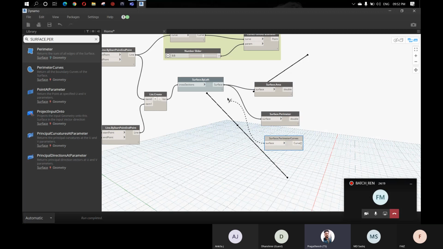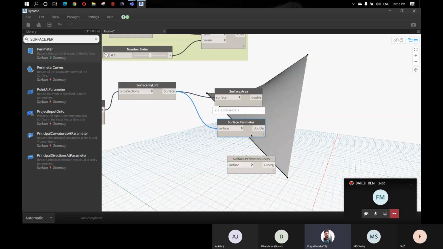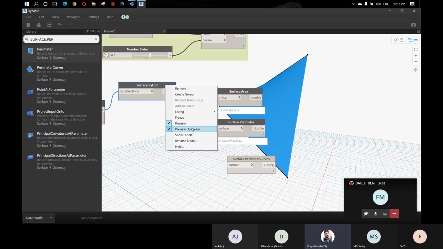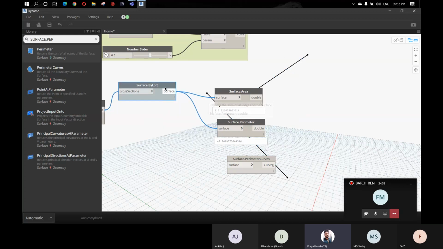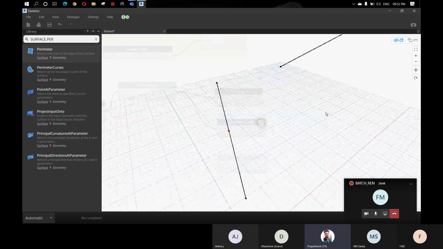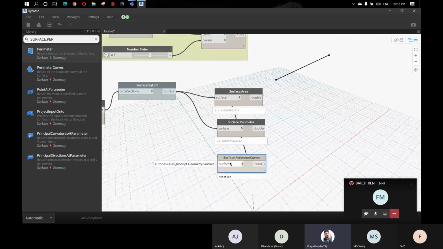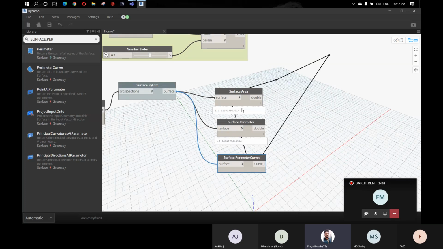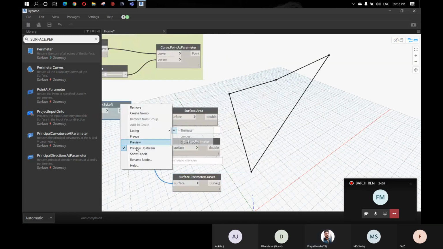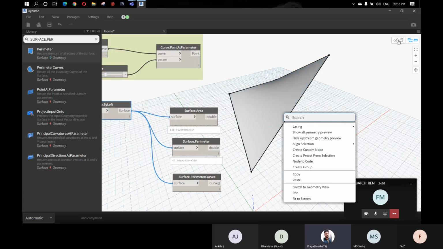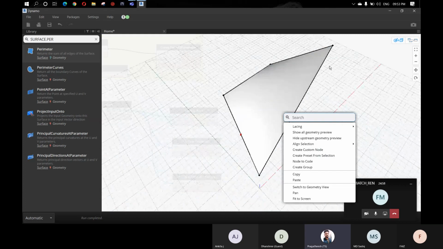Now what you're seeing here is the surface area of this surface by loft, and you got the perimeter here. If I hide this one, you can see the perimeter and perimeter curves. Perimeter curves means the list of 4 curves that make up this perimeter. As you can see, there are only 2 perimeter curves here, but when I connect perimeter dot curves, you can see all the 4 perimeters of the solid. So now we have 4 perimeters of this solid.